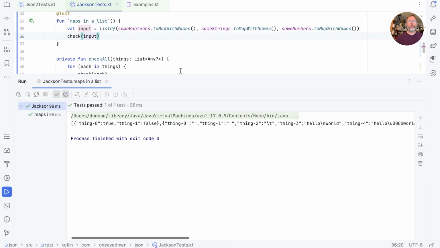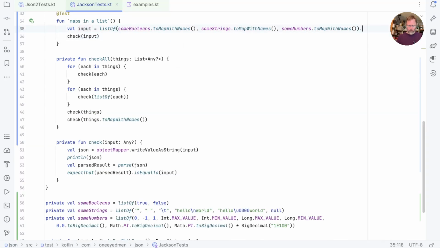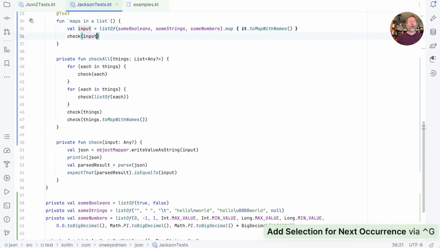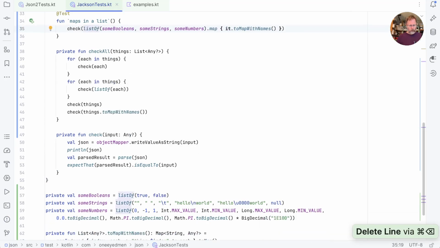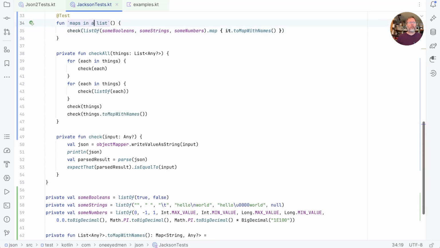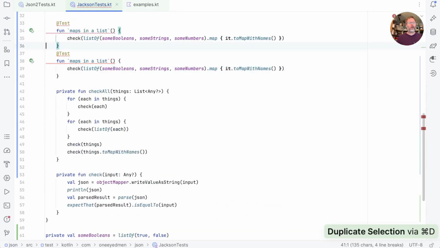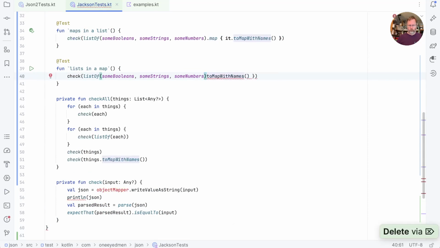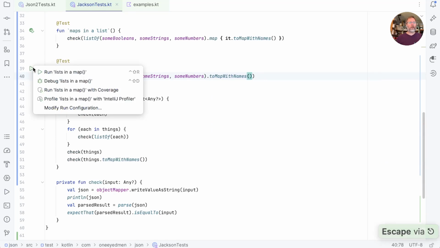That's good. And I think we could probably do better here. We could say dot map it to map with names if we got rid of these in here. Inline that and run all of our tests. Good. What about lists in a map? Well, I think that's pretty much the same thing, except that we take the list itself and map that with its names. See what we get out of that by running it,